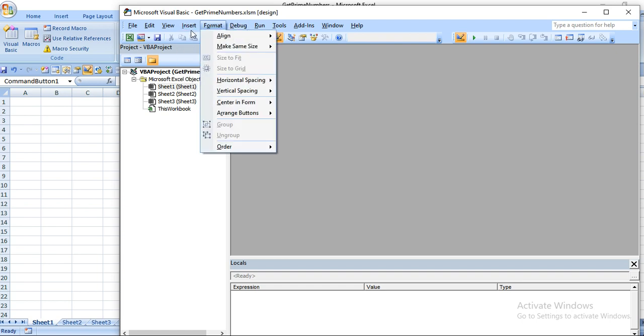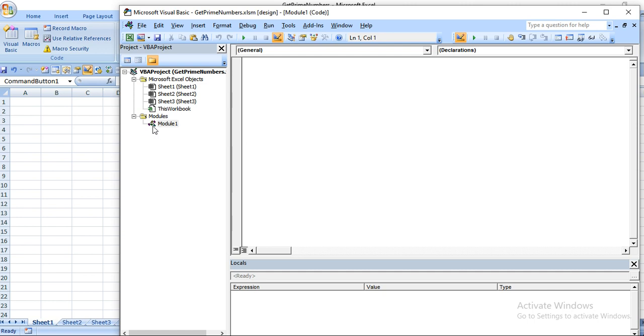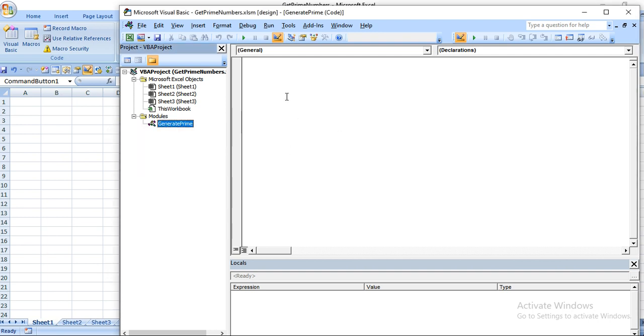Let's insert a module here to write a piece of code. Let's insert Module 1. Change the property as well. For changing the property, select it and the Properties window will appear for you. Name it Generate Prime. That's it, I changed the module name. Now let's start. Option